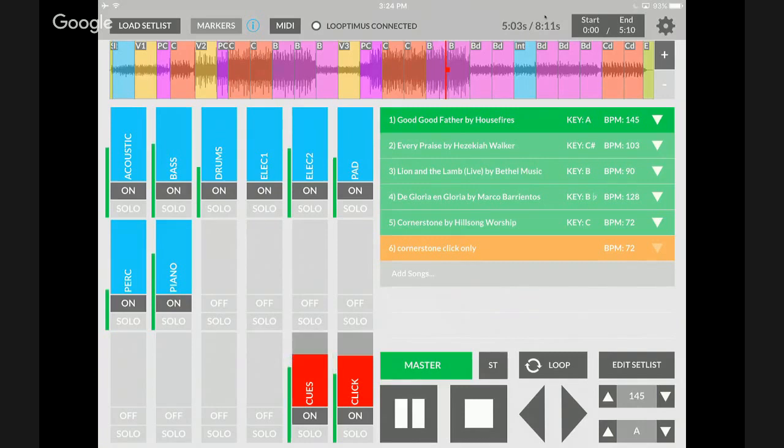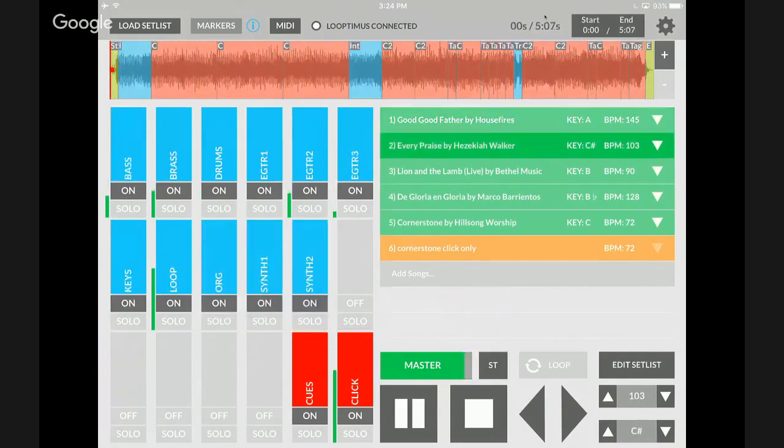So now you're hearing it fade out. 3, 4, 5, 6. Your band maybe is playing pads over that, and since we have auto advance turned on, now that it's at 5:10, it drops into the next song. So that's cool. So that's probably not a tangible place to put a fade out and auto advance into every praise, but that's just an example of how you can set up your set list for your weekend worship services